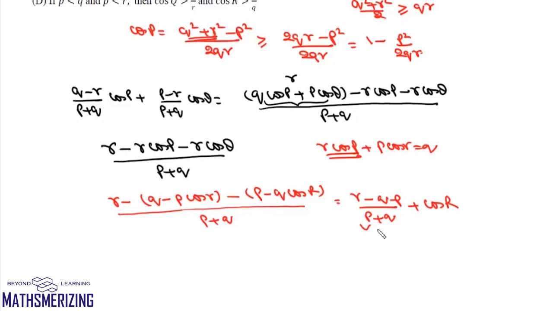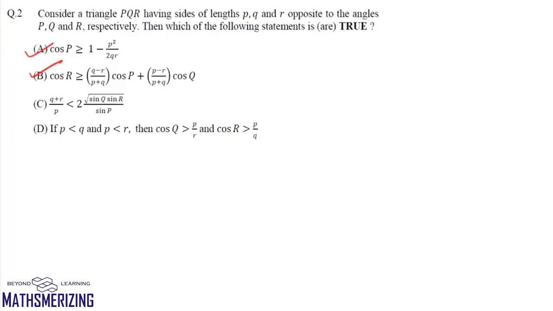Now since the sum of two sides of a triangle is greater than the third side, p + q will be greater than r, or r − p − q will be less than 0. So this is cos r minus some value. That means this expression will actually be less than or equal to cos r. Now if we look at this option C, we can write